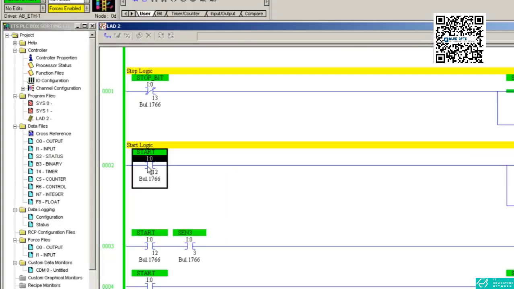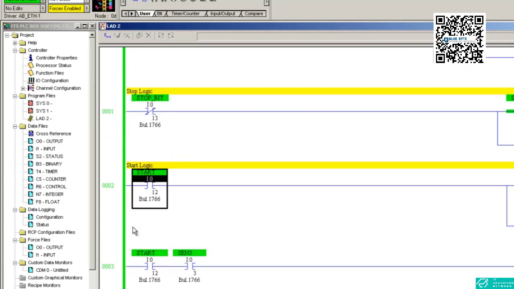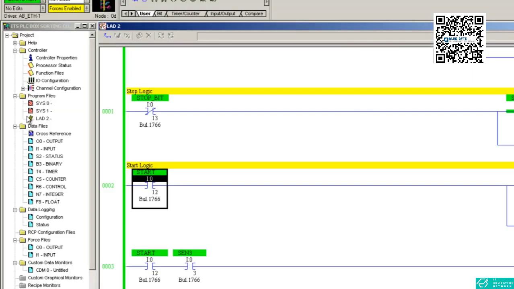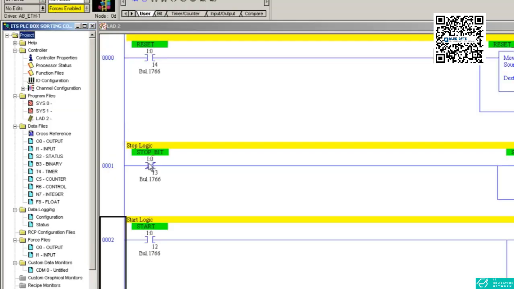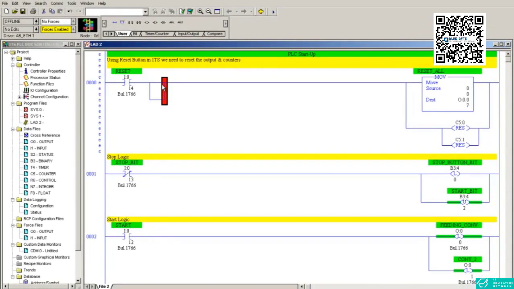The start button is here, I:0/12, stop button is here. So what you can do is you can take a parallel bit at the bottom of this button and create the tag and link that tag to your control panel. So let's do that. So in the PLC I'll go to offline. So let's start with the reset. Take a bit here, you can take it as